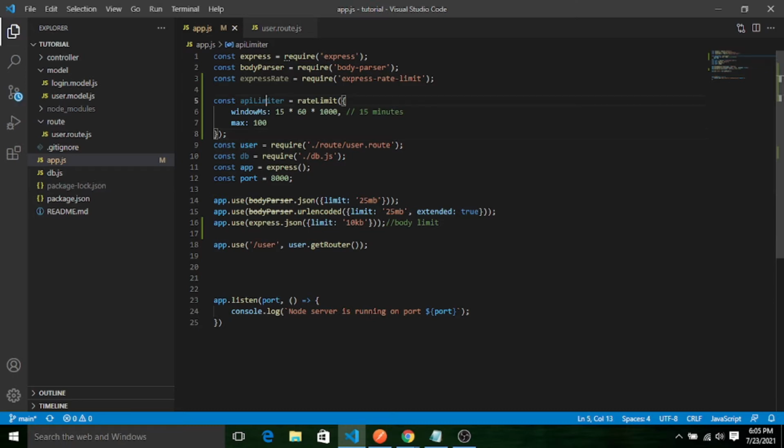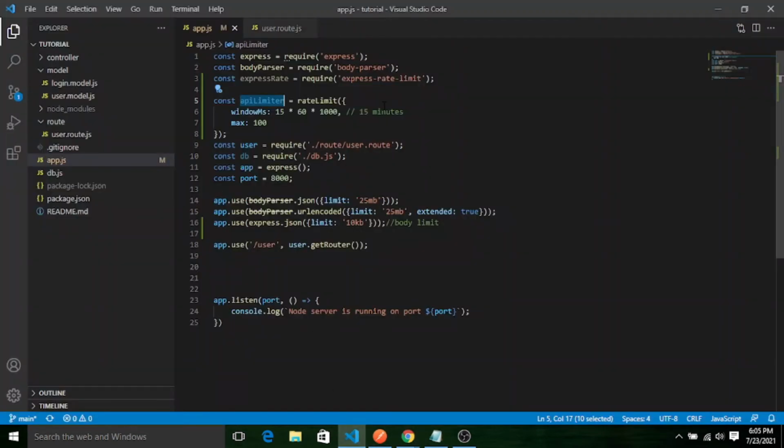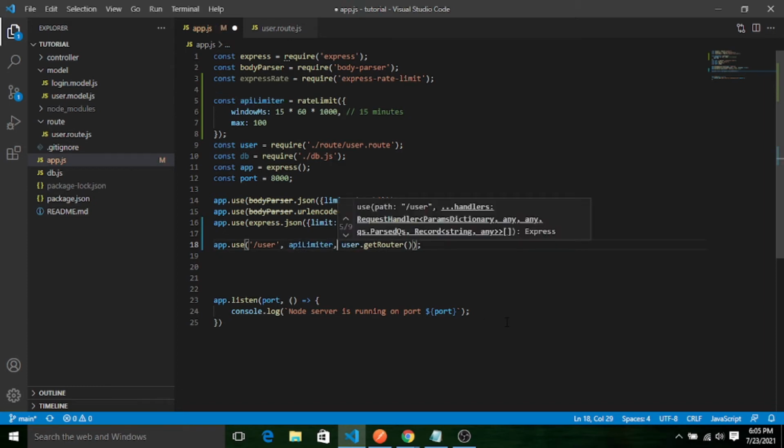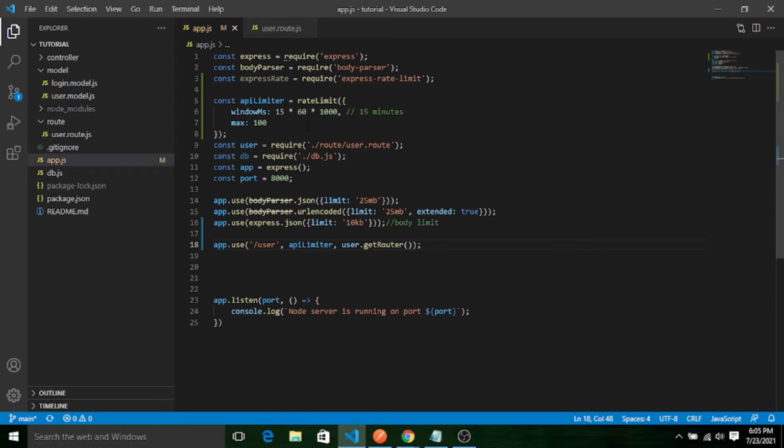See here, the same app limiter we can use with the route, meaning copy, here we can use. So for all the routes, for a user it will accept a maximum of 100 requests within 15 minutes.